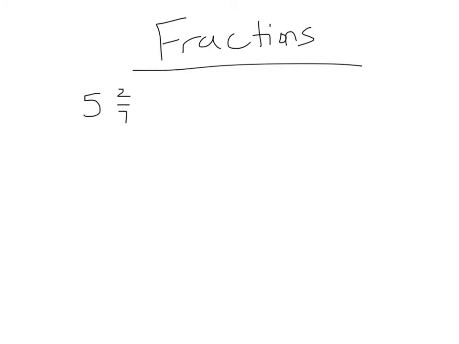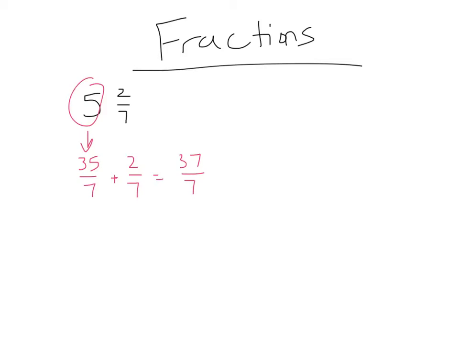So let's consider the number 5 and 2/7. Now remember, this means 5 whole numbers and then 2/7 of another unit. So we can look at this and we can say, okay, well this 5 right here, this is really 35/7, and I know that I've got 2/7 in addition to that. I add those two together and I get